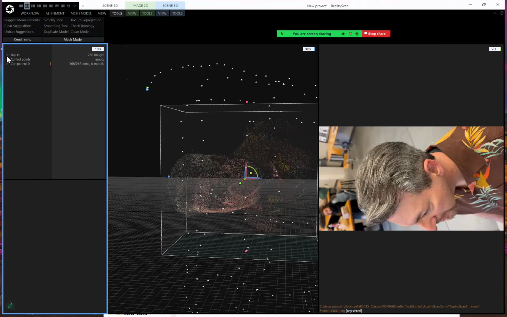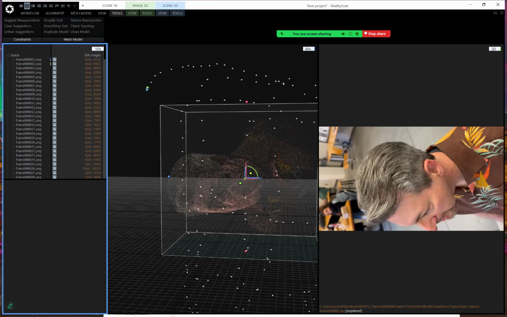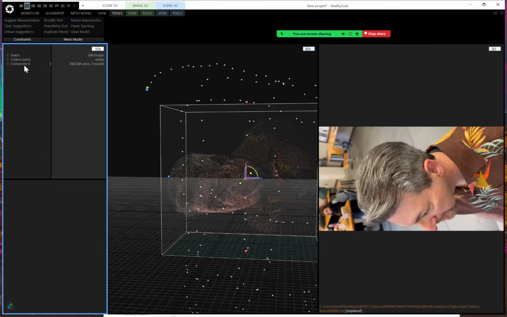I had my inputs open like this, so I couldn't see anything else in my 1Ds window because they're way down here somewhere. You want to collapse that back up because it created some things. The most important thing you're looking for is a component. And the component here means the model. It's not a model yet, it's actually just a point cloud,